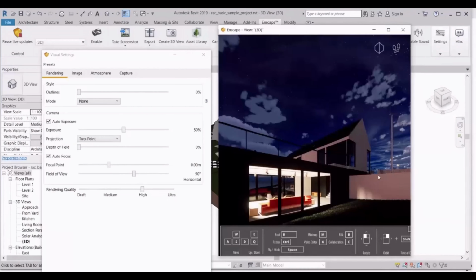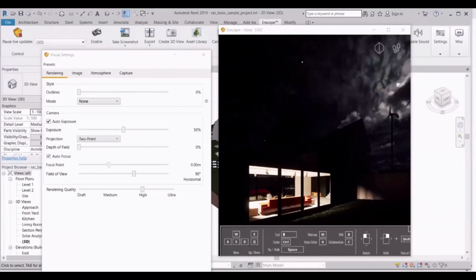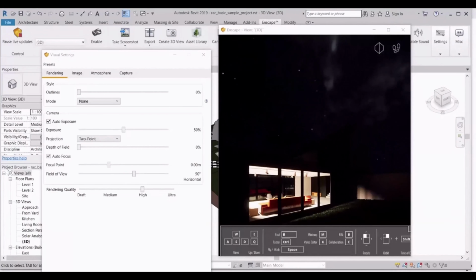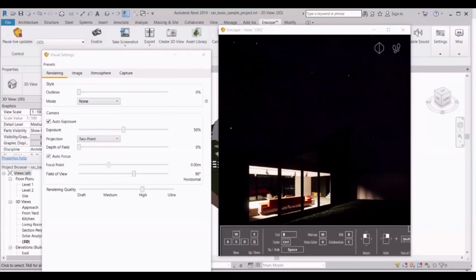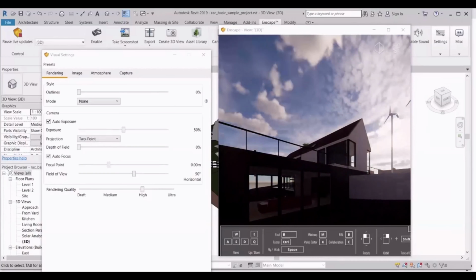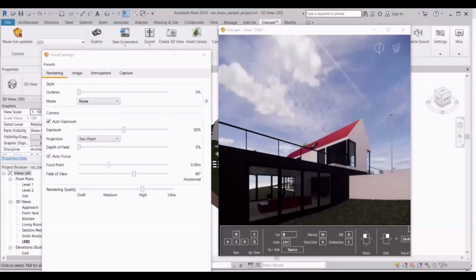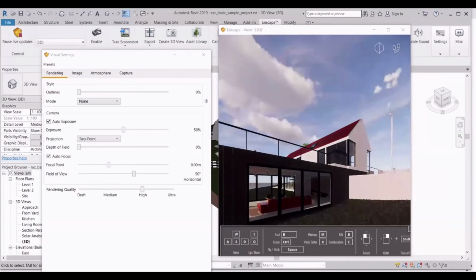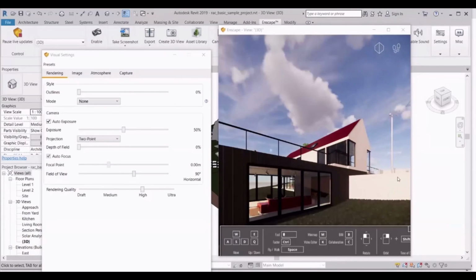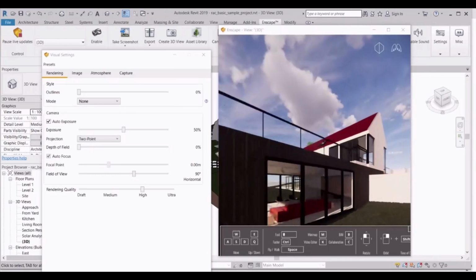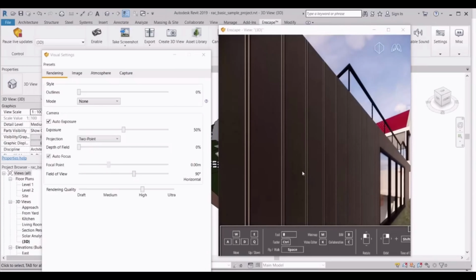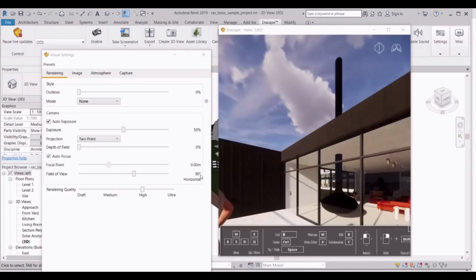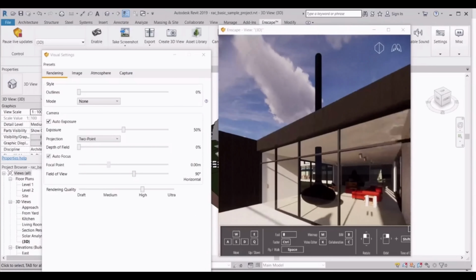Let me change the time so you better understand. Yes. Now let's switch into this interior view so you can understand it better.